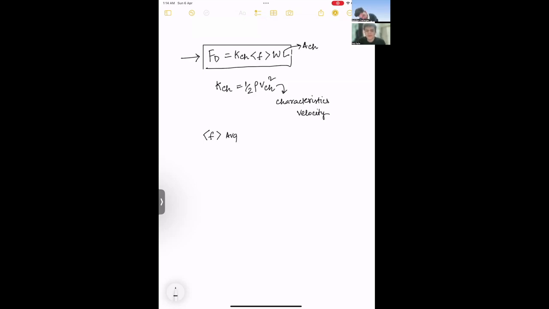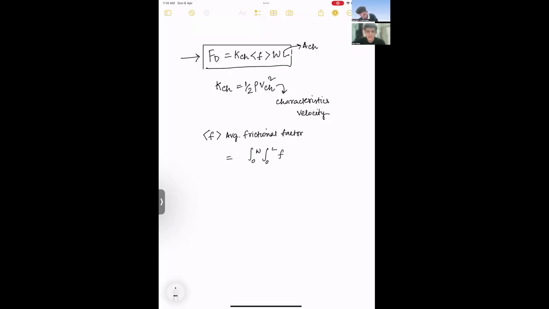Average friction factor equals integral 0 to W, integral 0 to L,